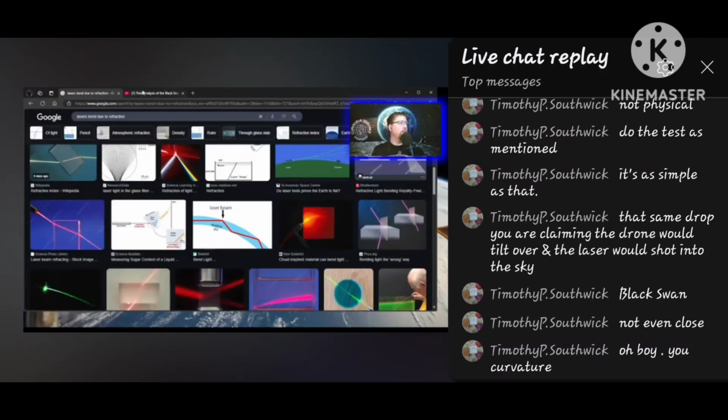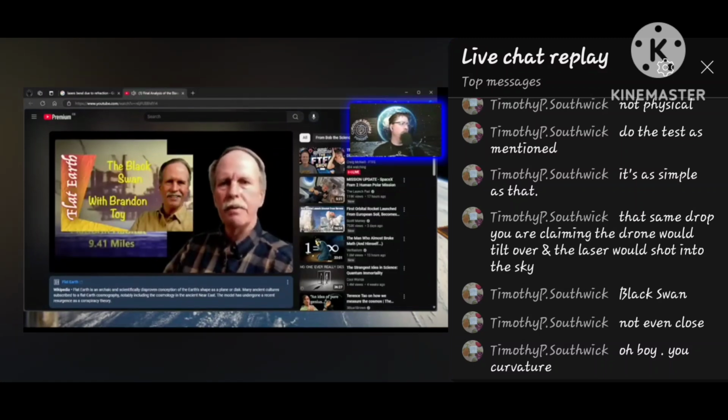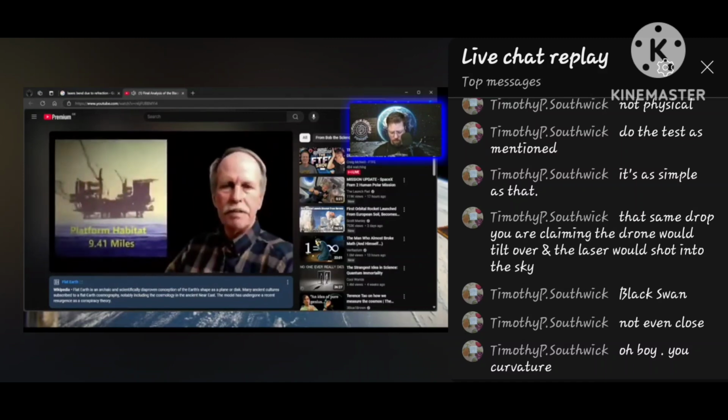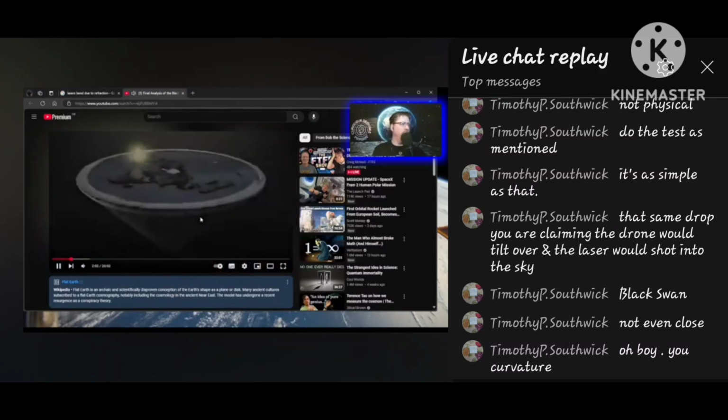We go back to Bob the Science Guy, who's going to still completely destroy your argument. He does it quite well, so. I wanted to see if there was common ground as to whether or not we could agree on what a photograph showed. Specifically, this photograph. This is the famous Black Swan image that has been making the rounds on the flat Earth for the last few years. Well, look, and all of that was leading up to this video. I know you don't. You want to accept this. Flat Earth proof called the Black Swan. It's time to put it to bed. So let's cue up the music and crush the soul of Flat Earth.